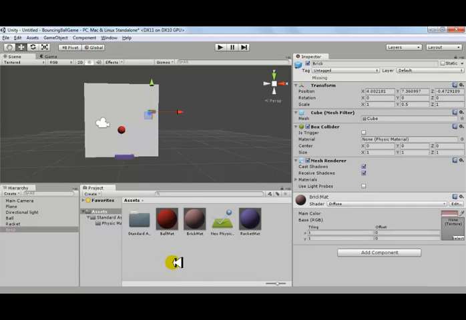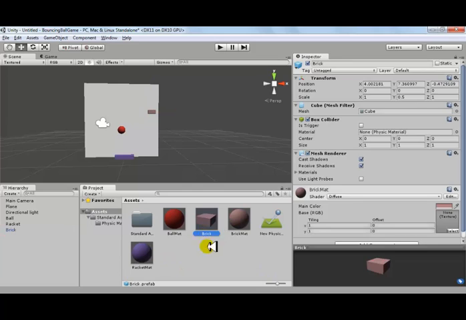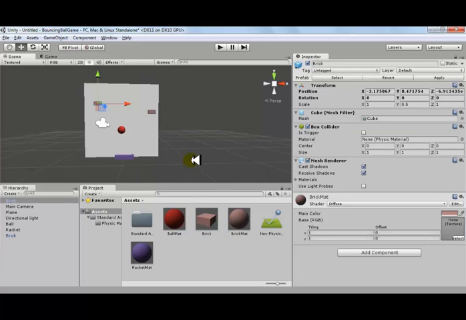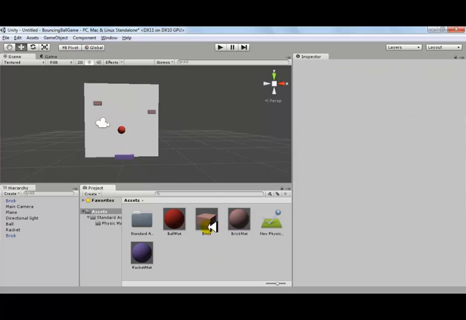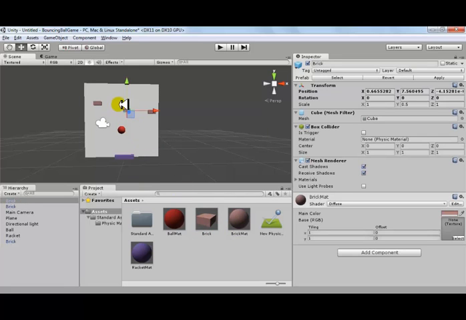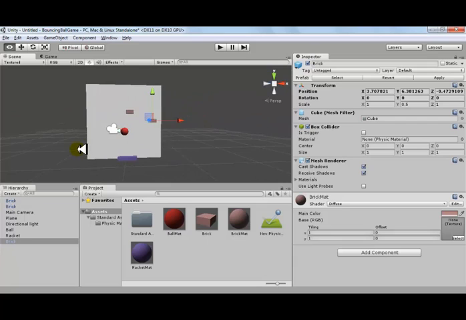So now I'll drag and drop it over here under my assets, so it becomes a prefab. So whatever changes I do, all the materials, all the objects over here which are bricks will get those changes updated. So let's drag and drop this over here few times. Okay, so now I've got 3 bricks basically. So let's add more later on, and I would like to start the game at this time and see